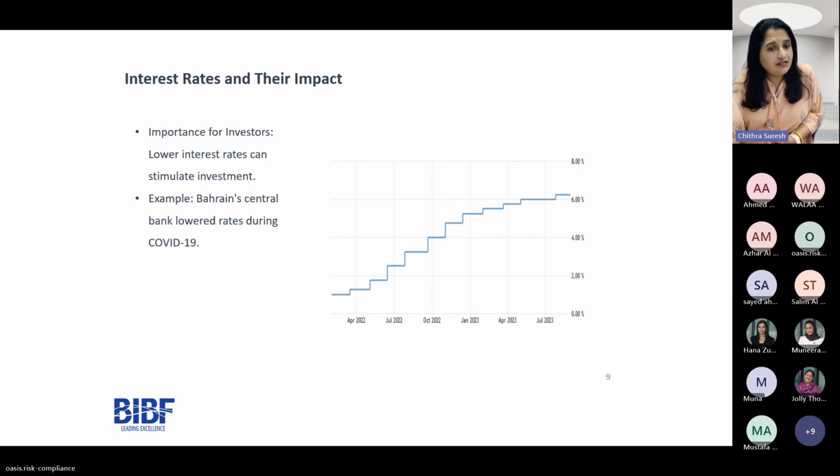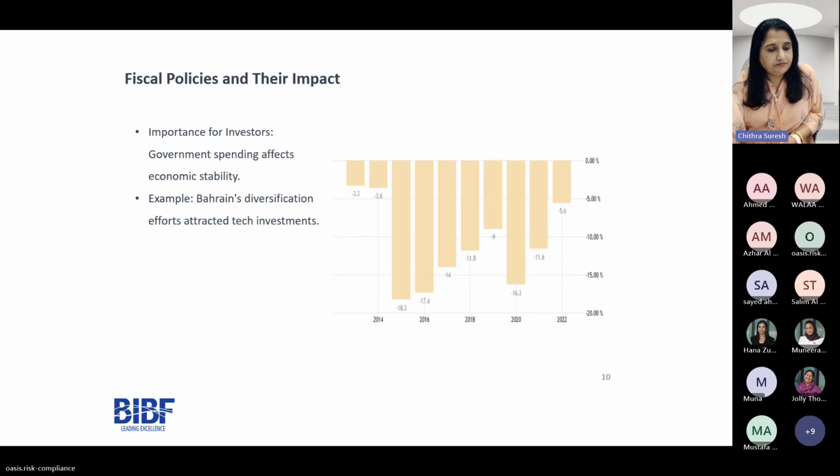Let's now look at the government's fiscal policies and its impact on investment. Yeah, fiscal policies and their impact. See, fiscal policy is the government's playbook for taxation, government spending, budget, etc. So these policies play a very important role in shaping economic stability and can significantly influence the investor's sentiment as